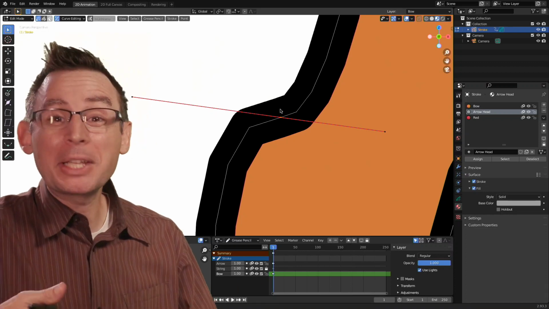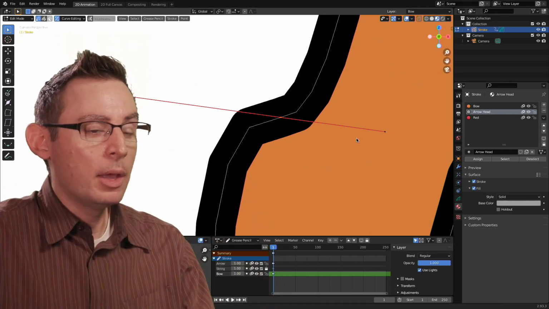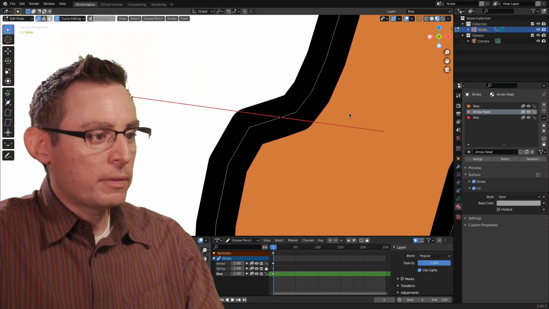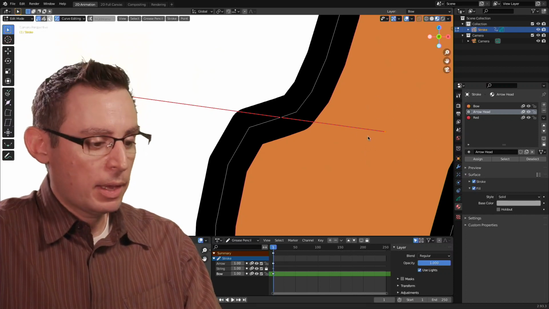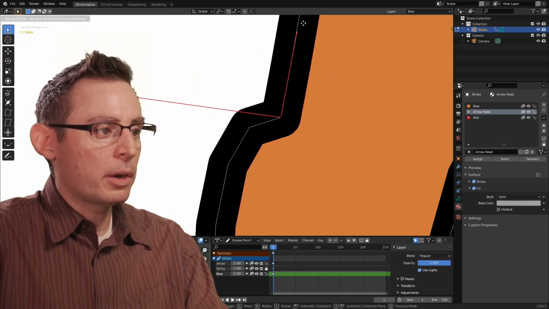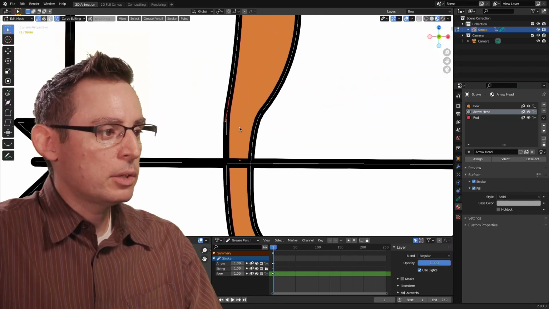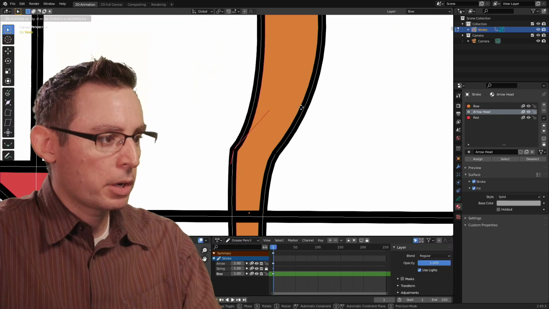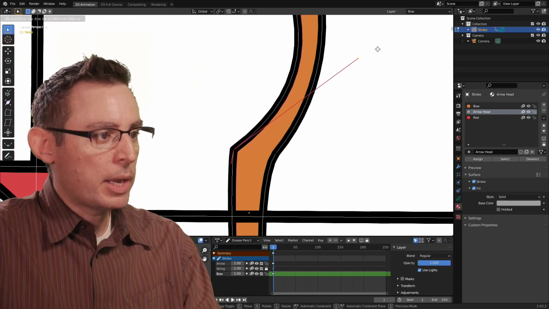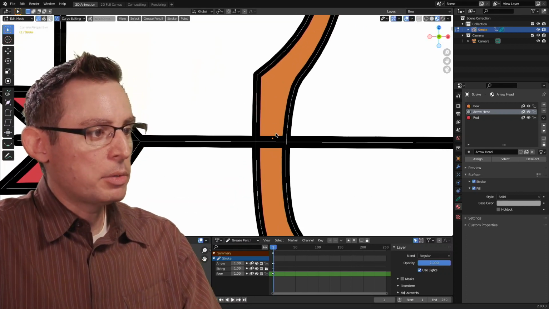Now, visually, it doesn't look like anything has changed. The angle of our tangent handles has remained the same, but their function and their ability has changed underneath the surface. Note that I've selected the tangent handle way over here on the right. I've selected it with the box selection tool, and now with the grab tool, I've broken their dependency on the handle itself. And I'm free to continue to edit and work with this curve on both sides of the slope, the incoming slope and the outgoing slope. And now I can do something like that. I can also grab that bottom guy and continue to make it a straight line.